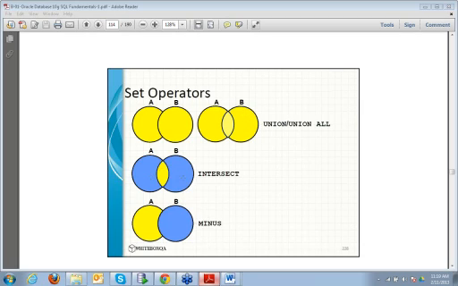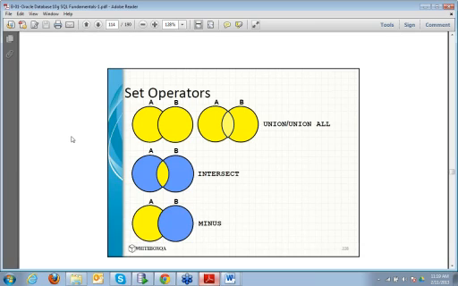Then A intersect B means if there are 2 tables, the common rows. Then A minus B, rows from A which are not there in B, right? That gives me A minus B. And here if you see, the matching is on the complete row. You are not matching on one column, right?